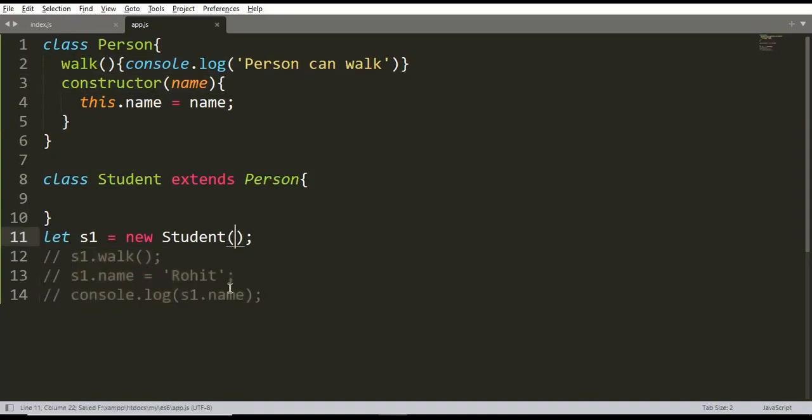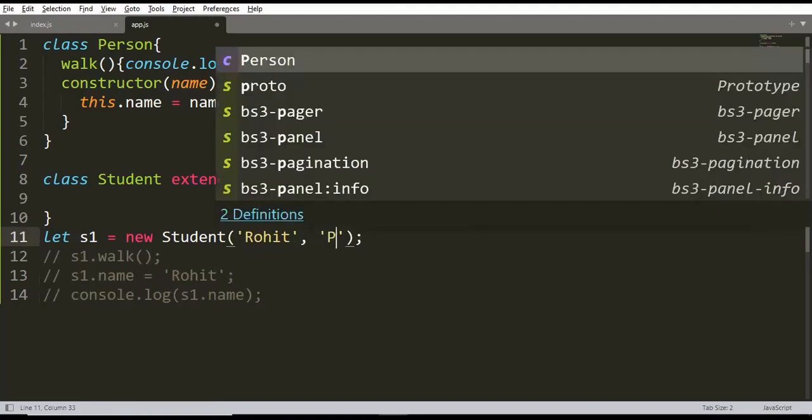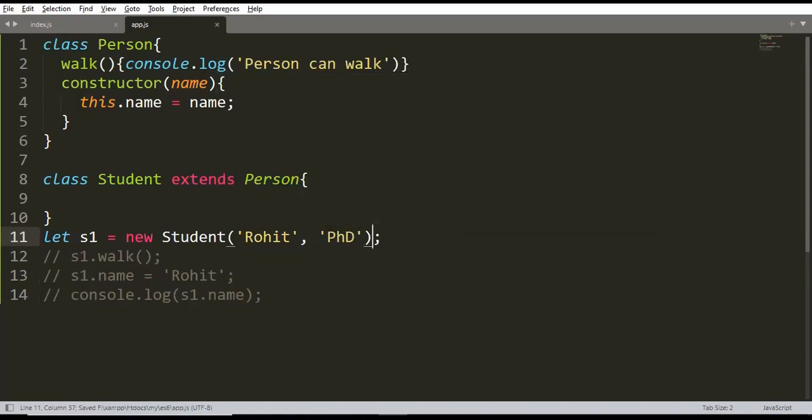And we are passing the name or the degree to the constructor of the student class. Let's say degree, in my degree I write PhD. When you pass arguments like this, they go to the constructor of the class,